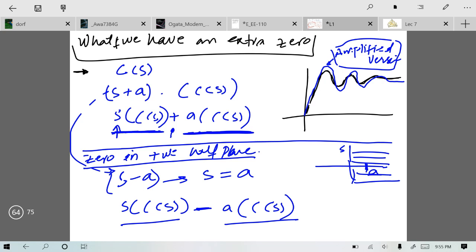Now, what does this expression mean? This expression means that if this was the